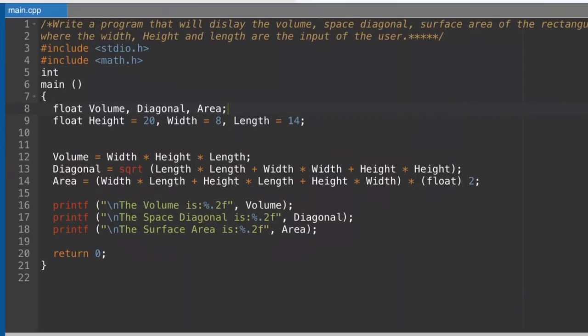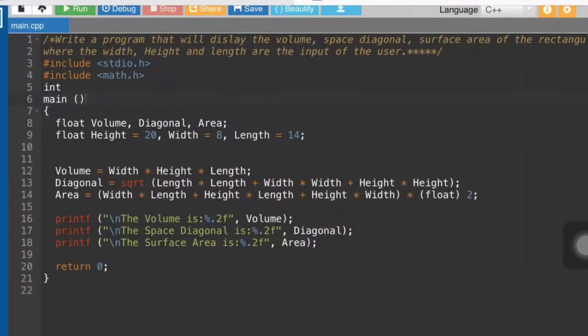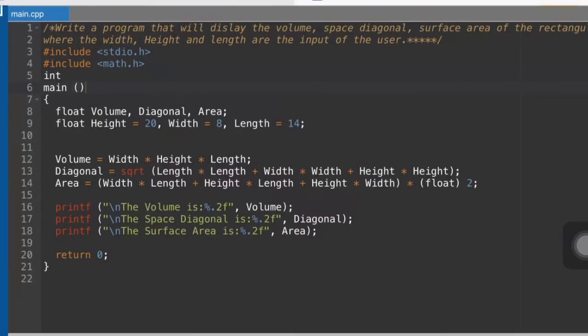Ang ginawa ko dito is times ko itself kasi parehas lang naman yan eh. Length times length plus width times width plus height times height. Ganyan yung ginawa ko para makuha yung sagot. Line number 14, which is surface area, is equals to 2 times width times length plus height times length plus width times height. So after we input the given formula that we have searched, the next step is